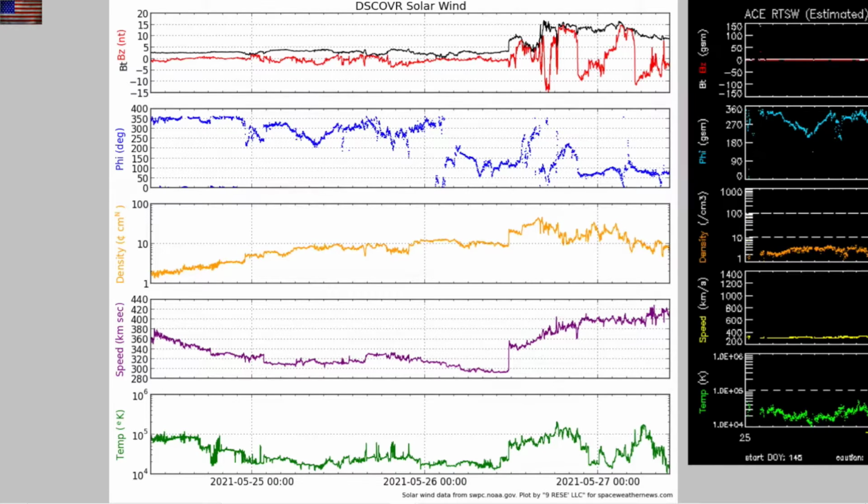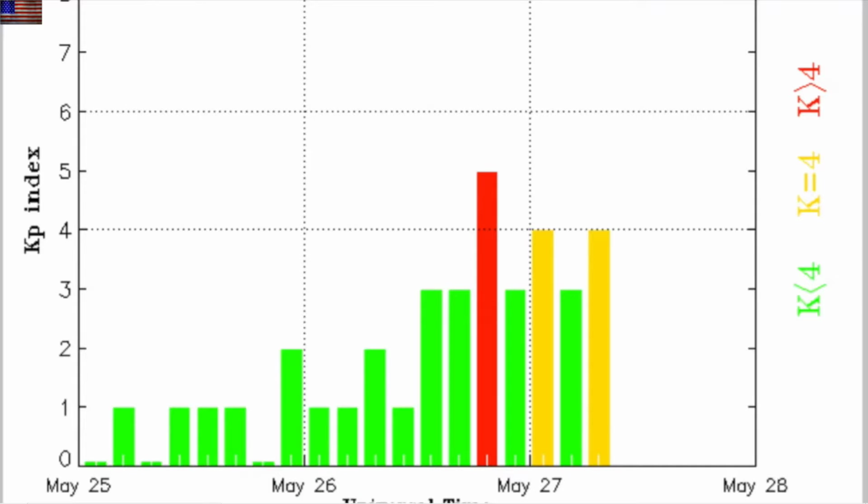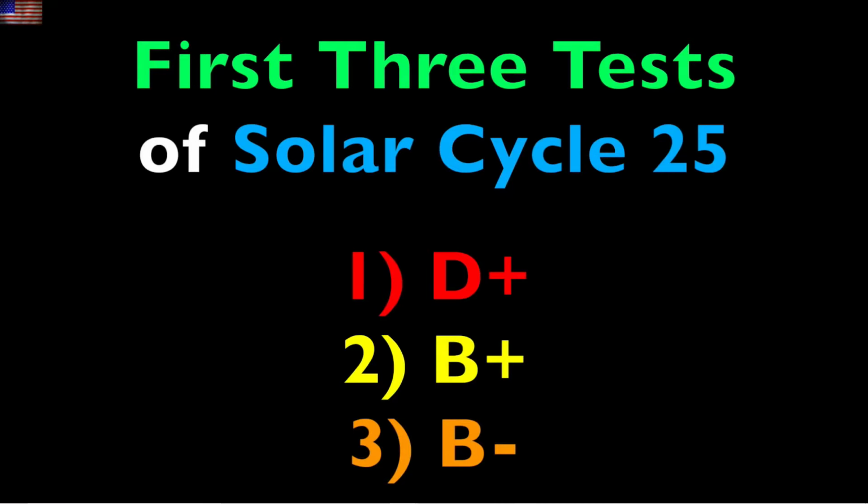The geomagnetic storm that popped up did not last long. The reverberations have settled in. And with this event in the books, let's look at the grades for the first 3 tests so far. The first one was about 2 weeks ago, and it was nearly a failure. A weak CME triggered a level 3 geomagnetic storm at KP7, and there was no explaining it without a poor